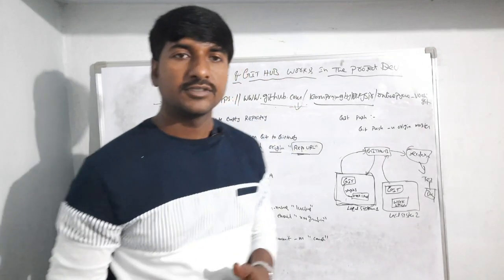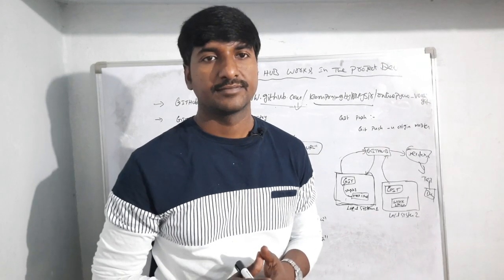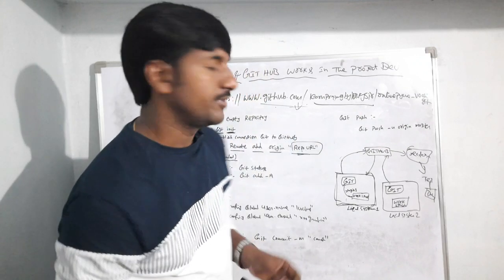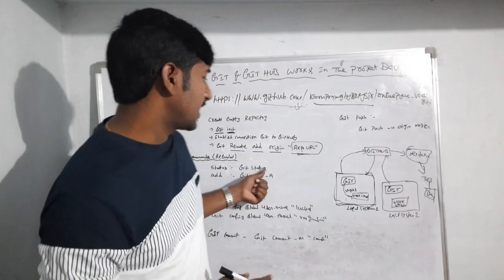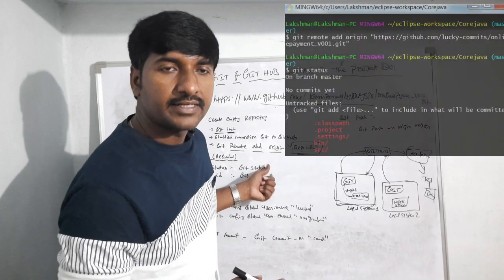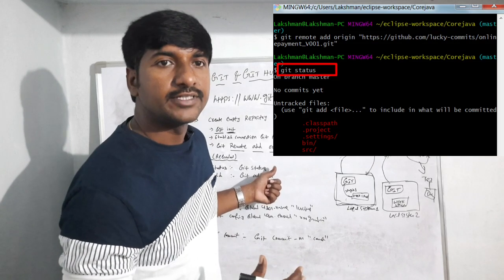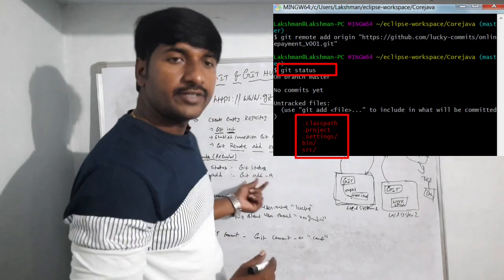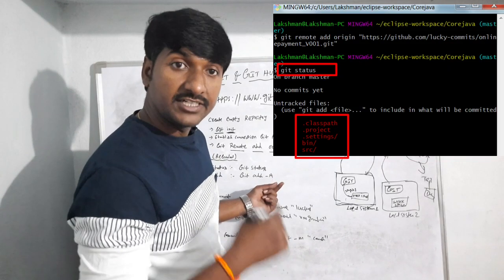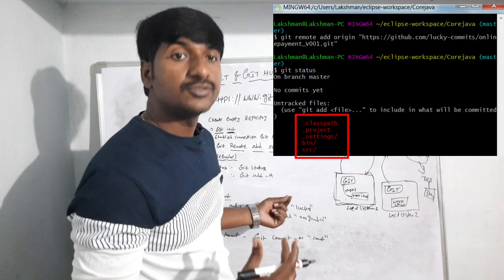So up to here we are creating the local repository and establishing the connection between Git and GitHub. After that we have to check the status of the project. For that we use the status command, git status. Whenever you enter this command in Git Bash, all the folders available in the project will be displayed, showing which ones are ready to be sent into the staging area.